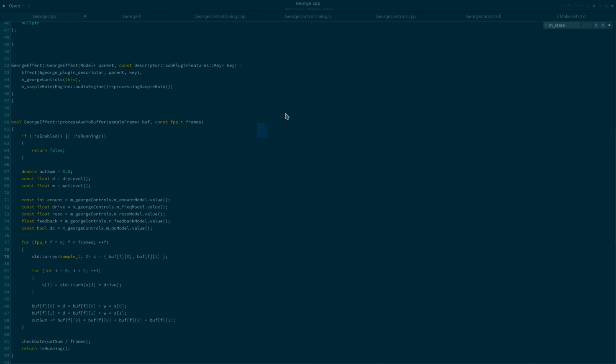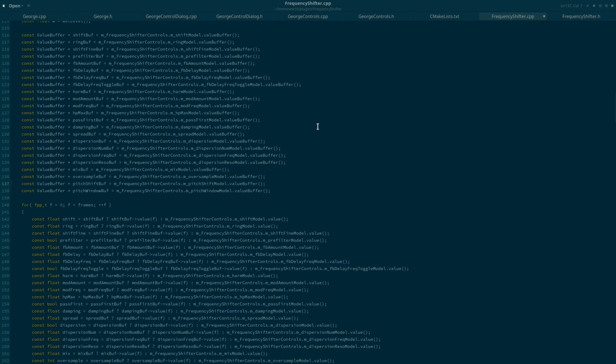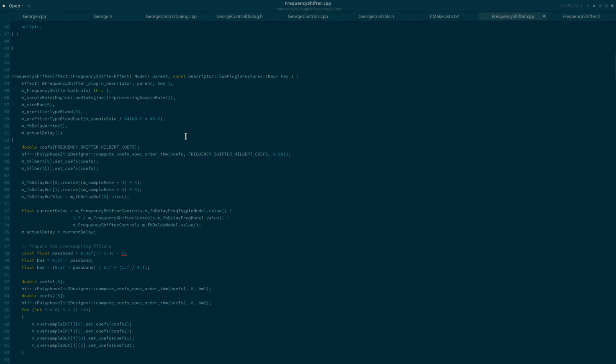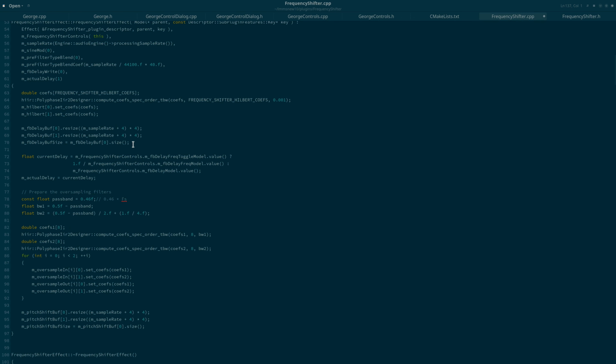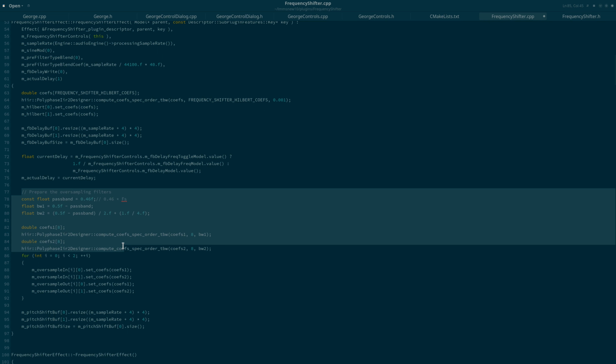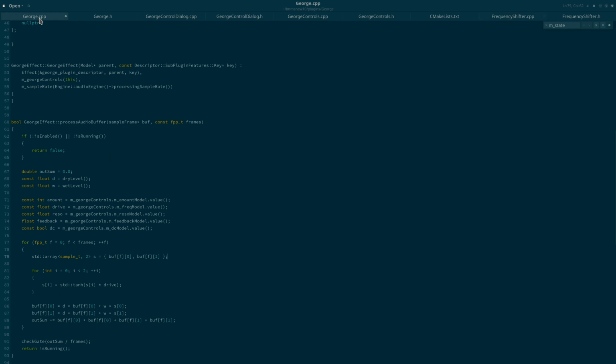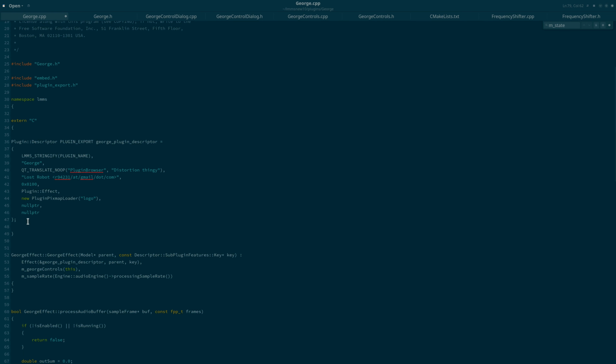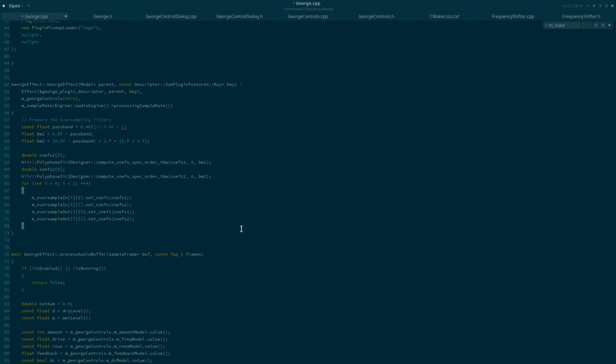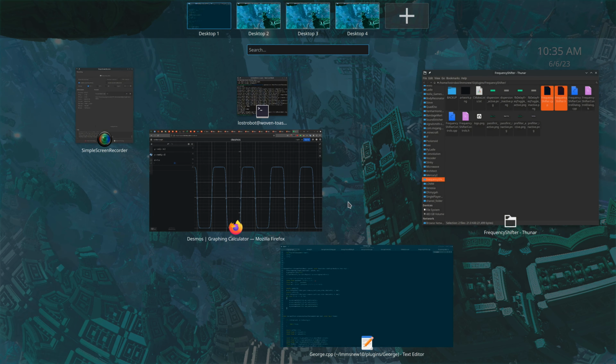I'm just going to come look at this frequency shifter effect that I'm working on because I already have oversampling set up in here, and setting it up is very obnoxious. Right. So I'm using a library called HIIR, which is very, very cool. It uses elliptical filters, which are